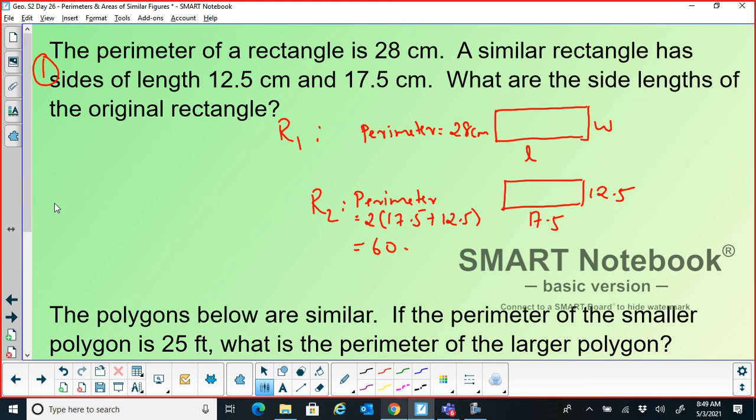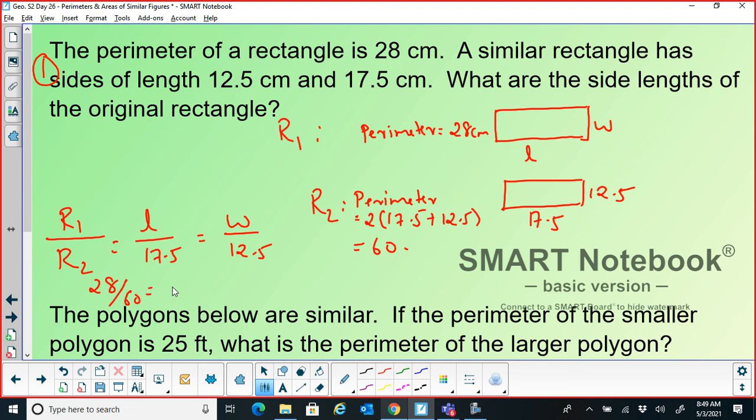We saw from the previous slide that the ratios of the perimeters of two similar figures will be the same as the ratios of the corresponding lengths or corresponding sides of those figures. In this case, L corresponds to 17.5, so I'll write L over 17.5. In the same way, this can also be W over 12.5. Here I mean the perimeter of rectangle 1. The perimeter of rectangle 1 was 28, so 28 divided by 60